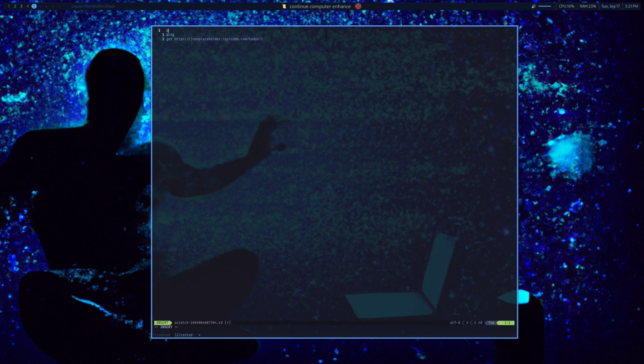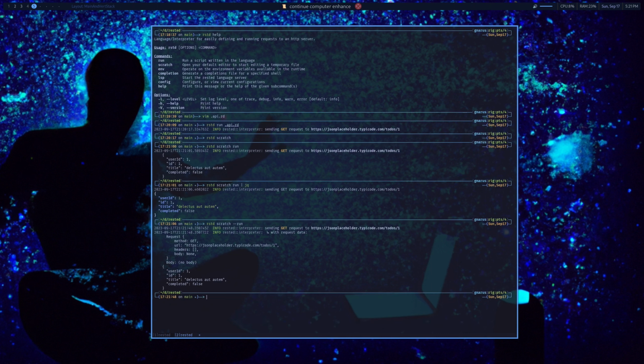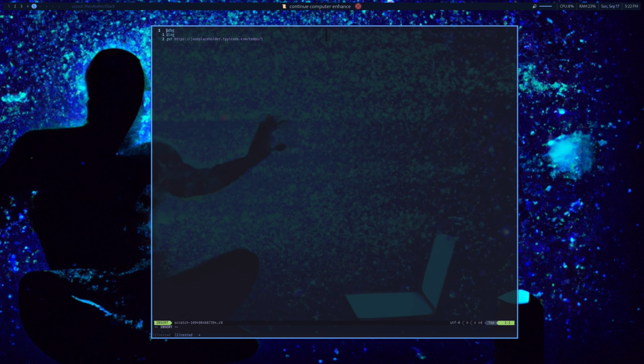This time I say debug because I want to see what the request object looks like, the headers and stuff. All right, and that debug information goes to standard error as well. So let's just go ahead